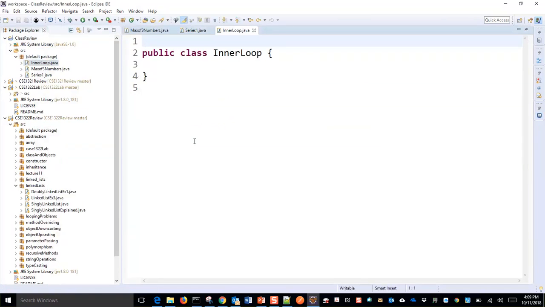How inner loops work, right? If you have one loop inside another loop. For instance, inner loop, I want to do